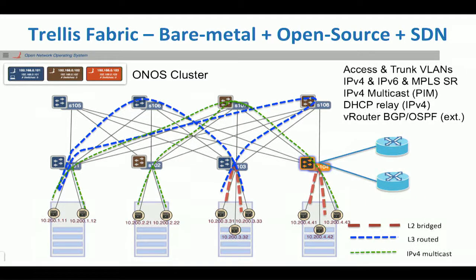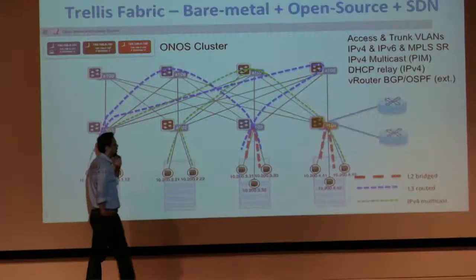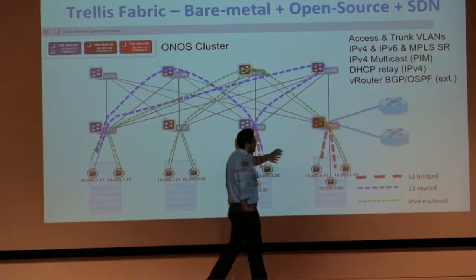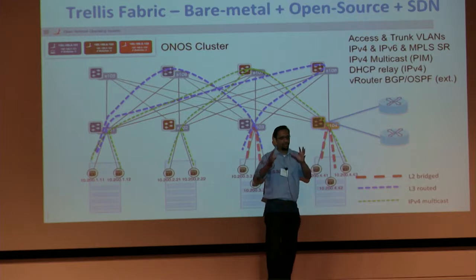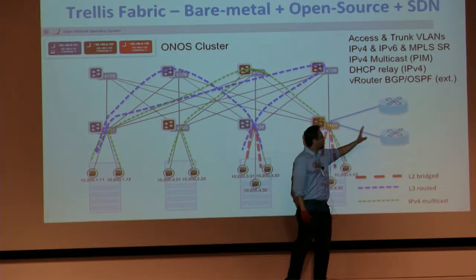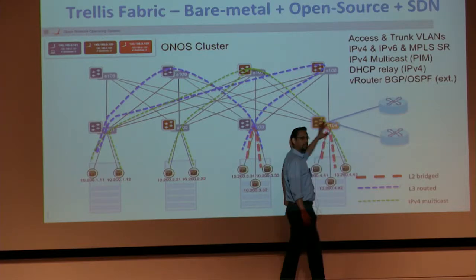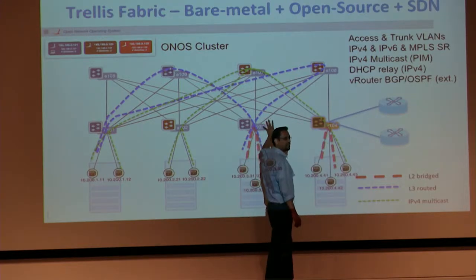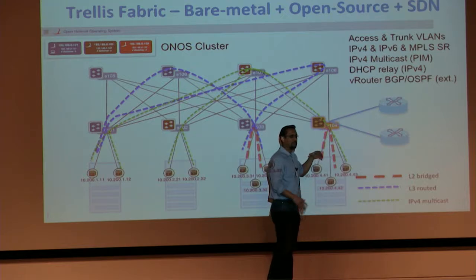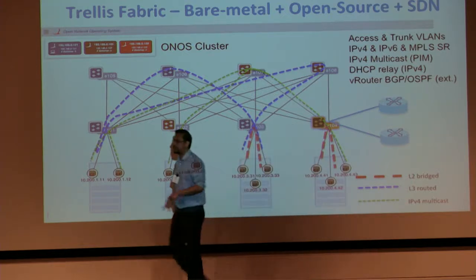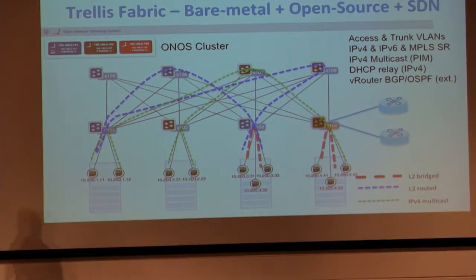And finally, one thing I wanted to talk about is a very important feature of the fabric: it allows you to treat the entire infrastructure as one big router, so that any external routers that we interface with see that they are talking to one big router. I'll talk a little bit more about that and why that is such a unique feature of this